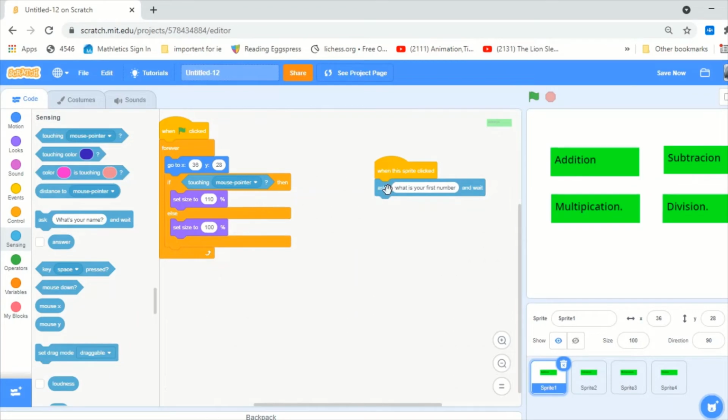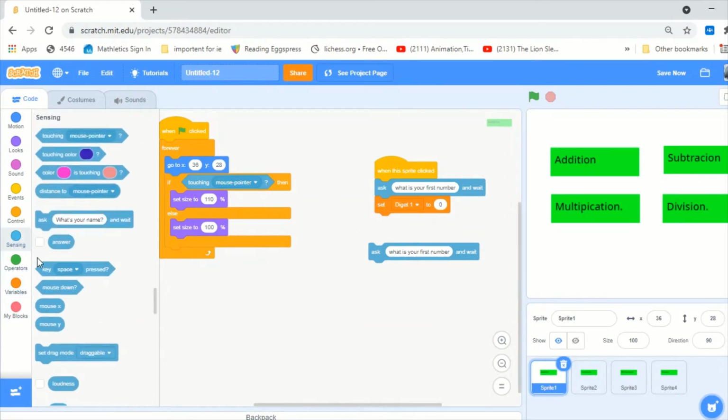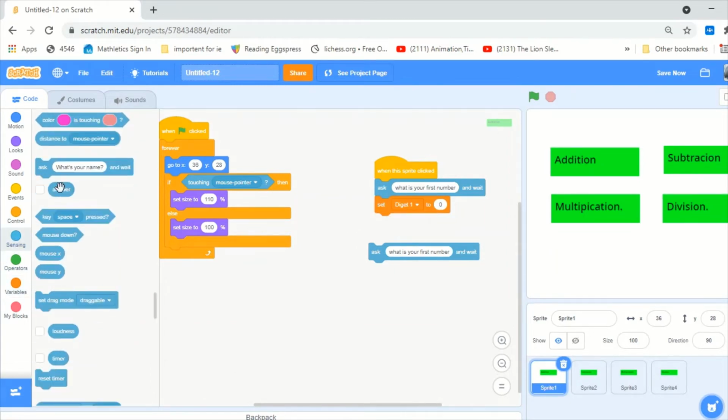And then we duplicate this, and then we actually have to set digit 1 to the answer. So whatever answer it is. So when you click answer, there you go. That's the name. So when you look at the answer, that means it will look at the answer that it's given for what is your first number, then put it to digit 1. So you put it here,